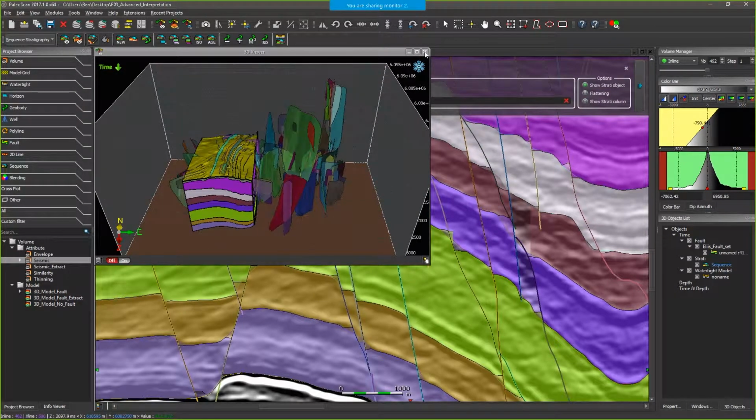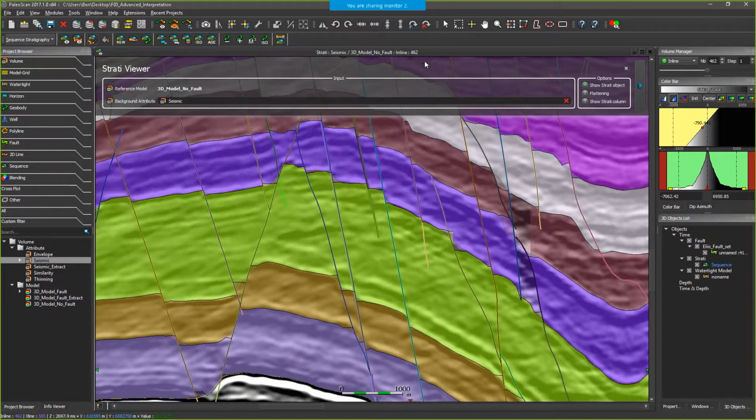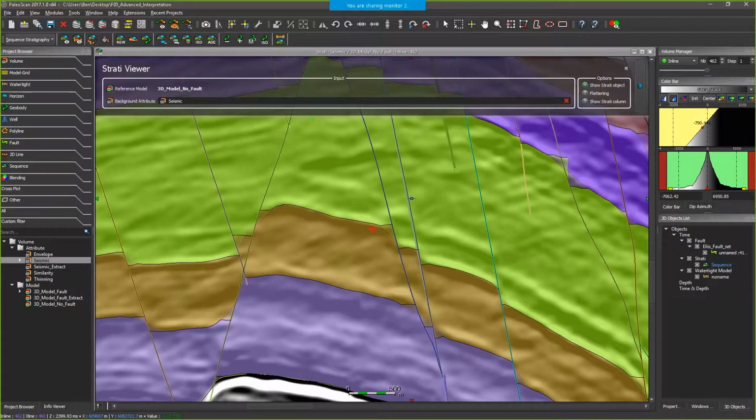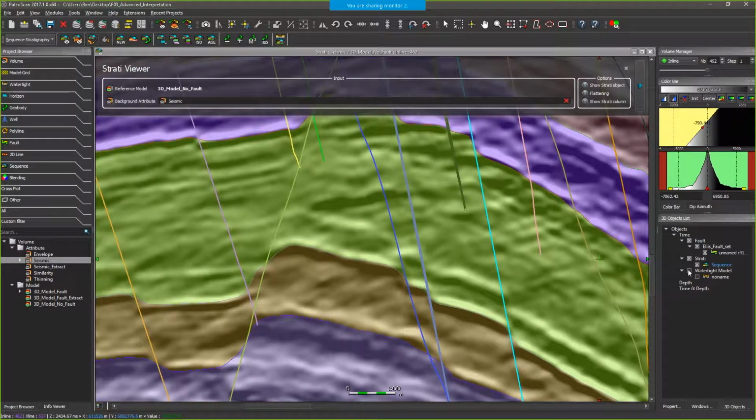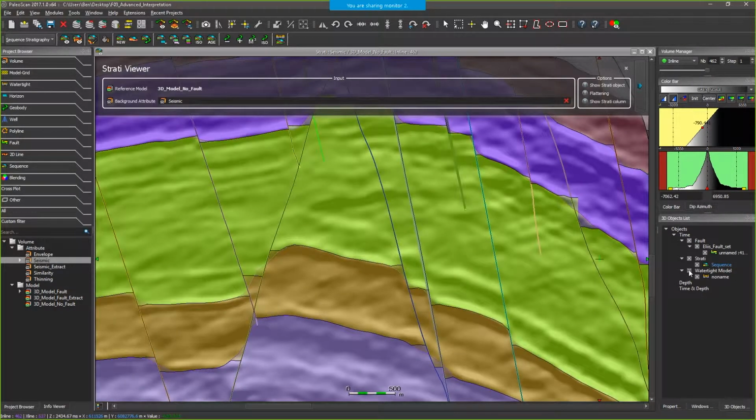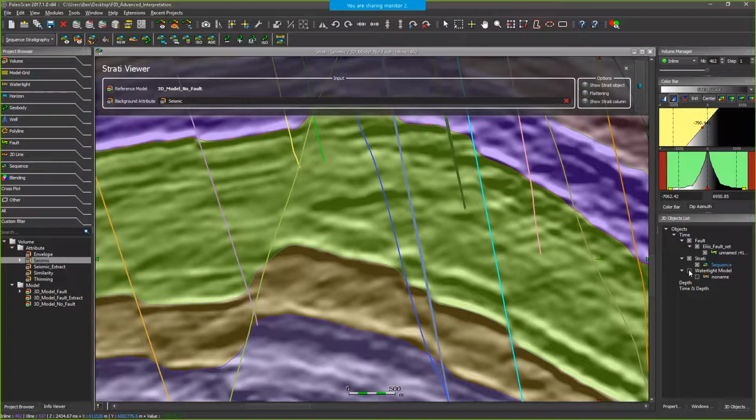I will just close the 3D viewer for the moment, I don't need it, and come back to the 2D viewer where I have the intersection between the watertight model and the seismic displayed on the viewer. I will toggle off the watertight model in the 3D object list to come back to the sequence. For example, in this case, with the relative geological time model, I have this kind of intersection. It's smooth.